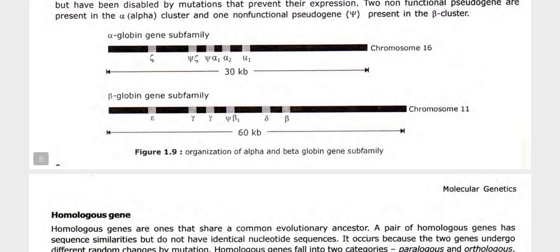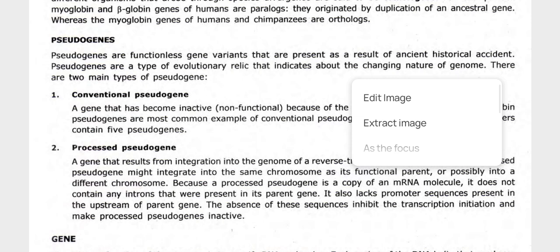Alpha globin gene subfamily is shown. Beta globin gene subfamily is shown. Just remember chromosome 16, chromosome 11, and 3 and 5 as the number of genes. This is the organization of the alpha and beta globin gene family. Epsilon and zeta are the embryonic phases. Then next is about